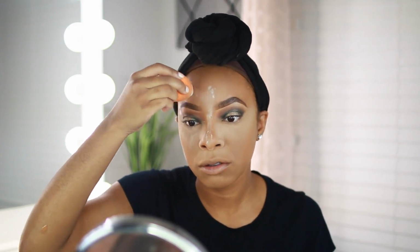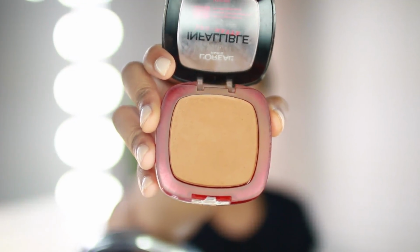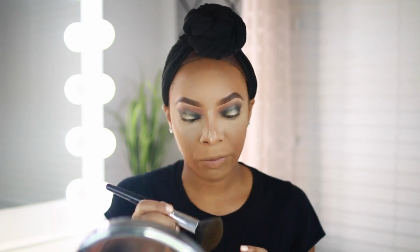It's a really good drugstore powder. It's really affordable. You can find it at like Target and Walmart. And of course, it does just what you need it to do, which is to set your highlighted areas. So now to set my entire face, I'm taking the L'Oreal Pro Matte Powder in the shade Classic Tan, and